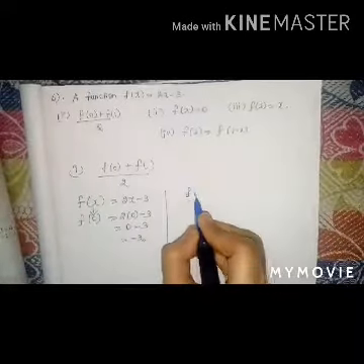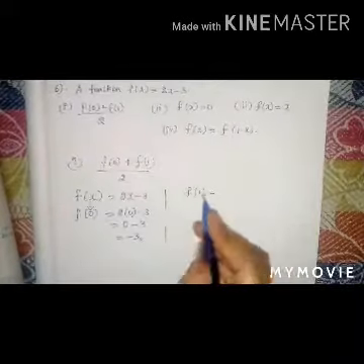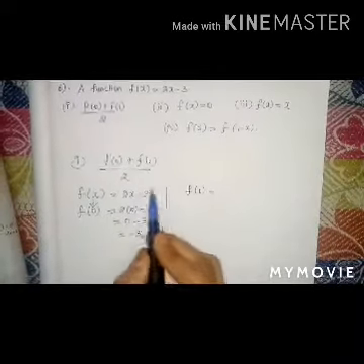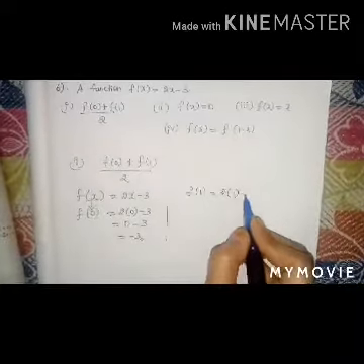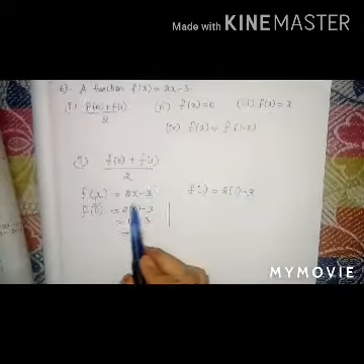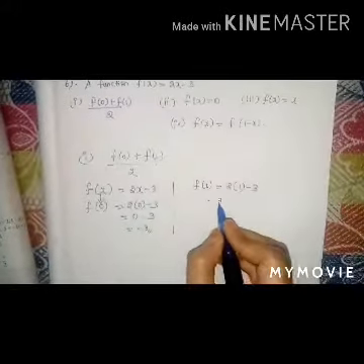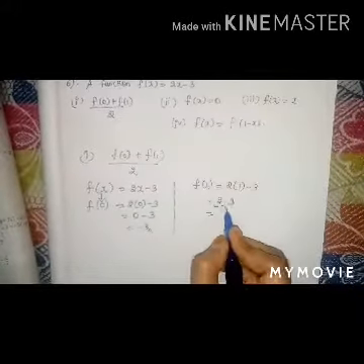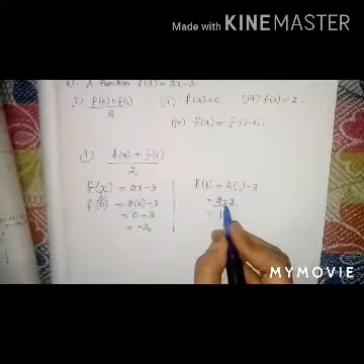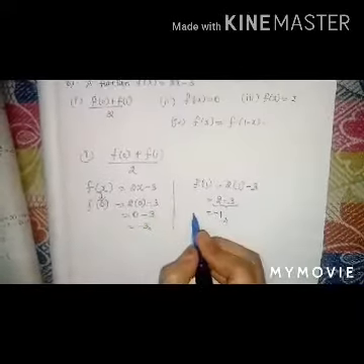Next, f of 1. Now substitute the x value as 1 in the equation. 2 into 1 minus 3. 2 ones are 2, minus 3. When we subtract this, we get 1. The greater number has the minus symbol, so minus 1. Substitute these two values